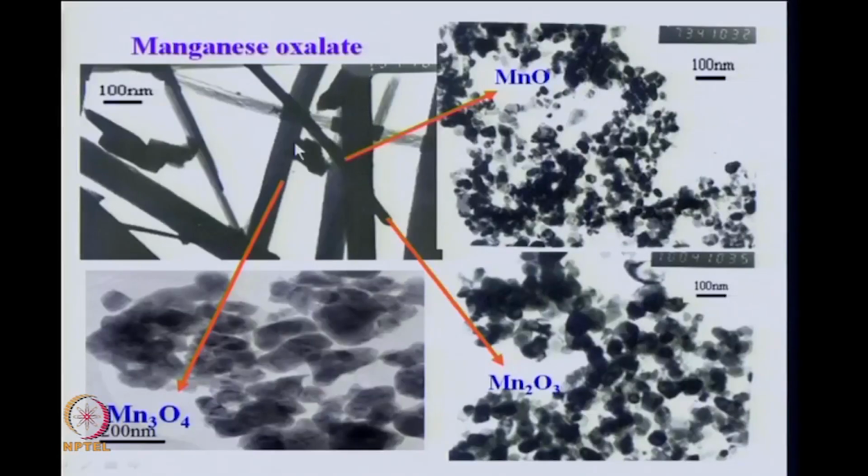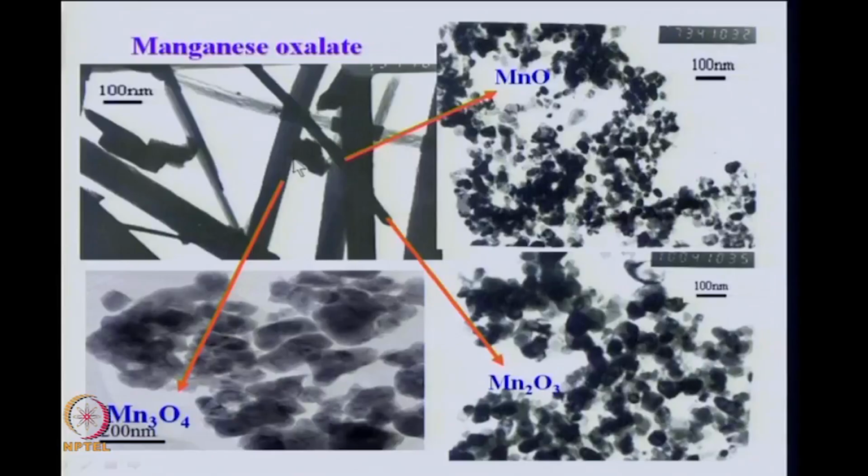So, this is another example where we have made manganese oxalate rod like structures using microemulsions with CTAB as the surfactant, and you see, as explained earlier, we have rods which have diameter of around 70-80 nanometers and lengths of